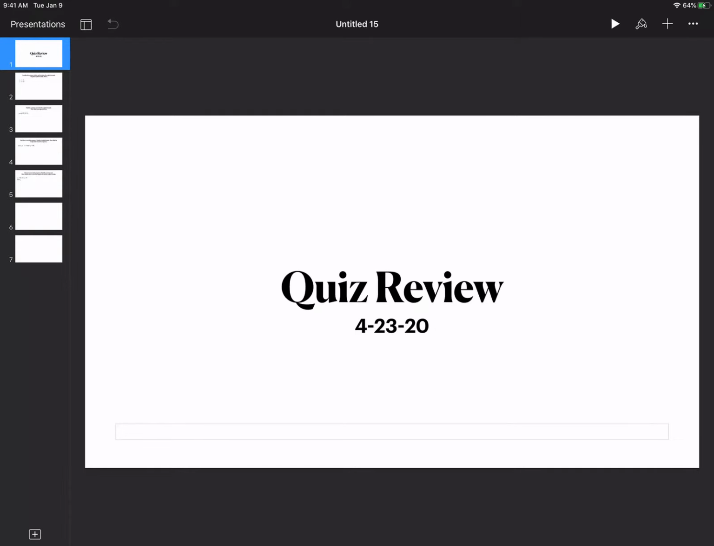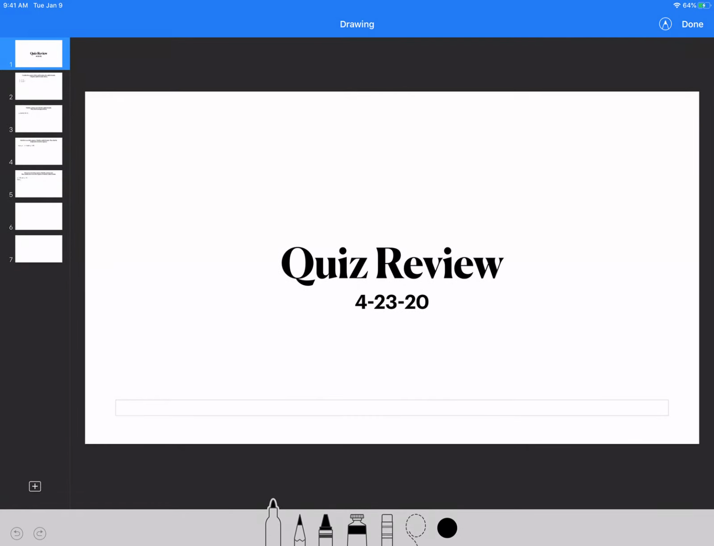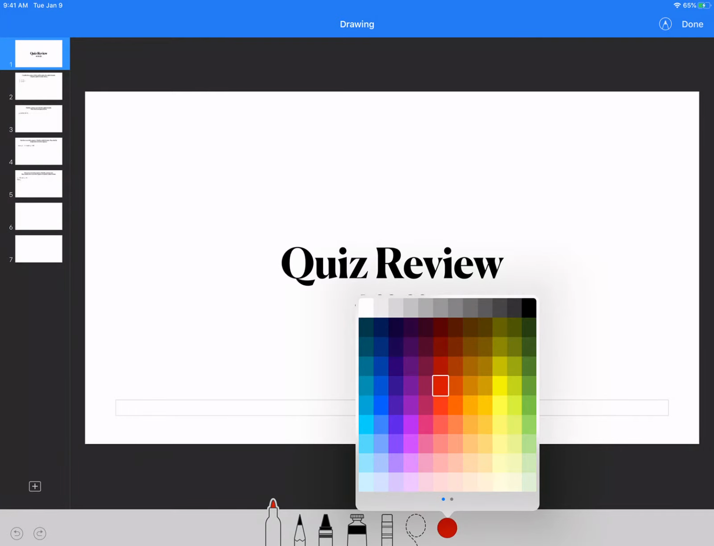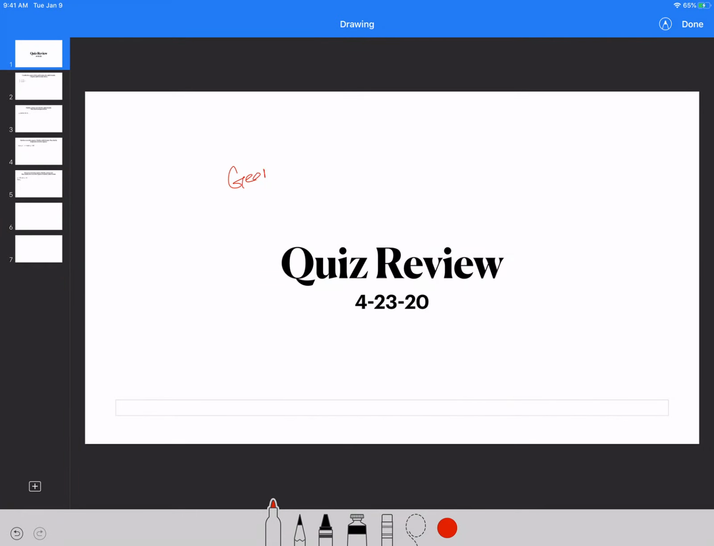Hello class, this will be a quiz review for today. The quiz will be due by tomorrow 12 p.m. You will have exactly 4 questions to finish and it will all deal with geometric sequence, finding the explicit formula for that. So the main topic here is geometric sequence,